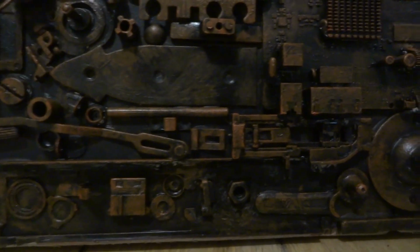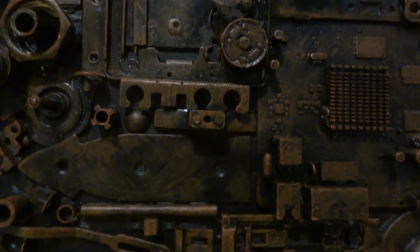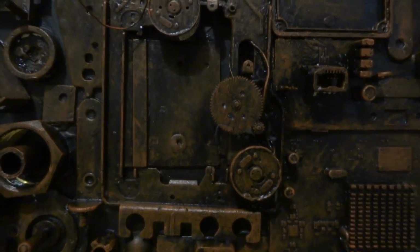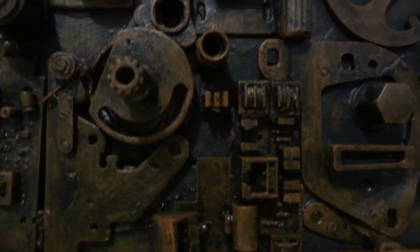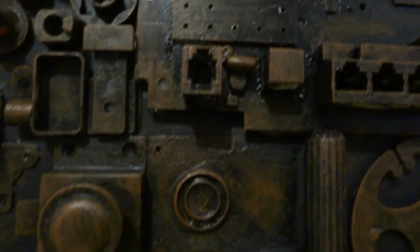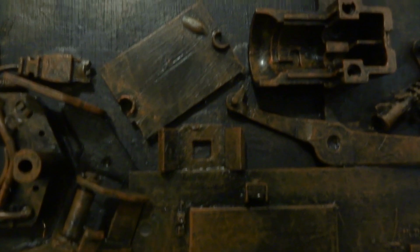If you haven't done dry brushing before, you take your paint, nice and thick, put it on your brush, and then rub it on a bit of kitchen paper until there's hardly any paint left on your brush. And then you just, with downward sweeps, drag your brush over all the surfaces. And you can see it just highlights all of the raised areas, and it leaves all of the bits that